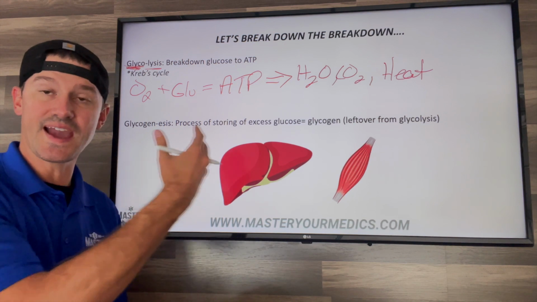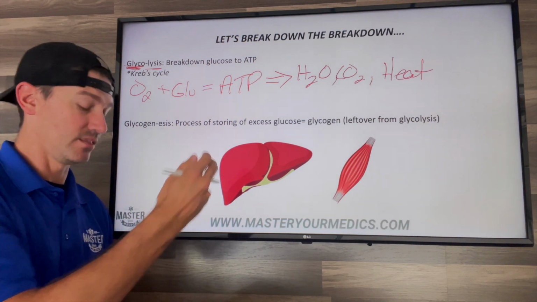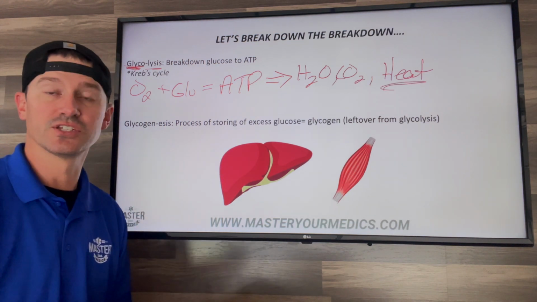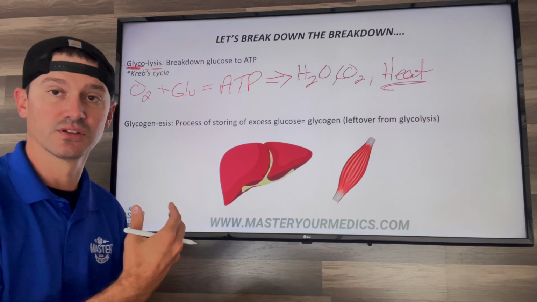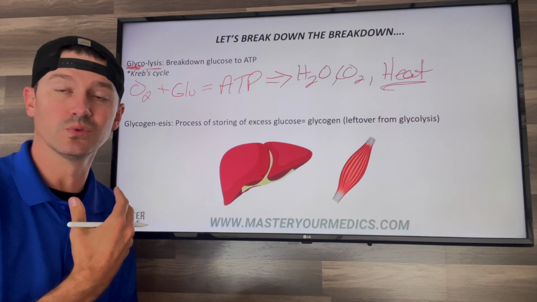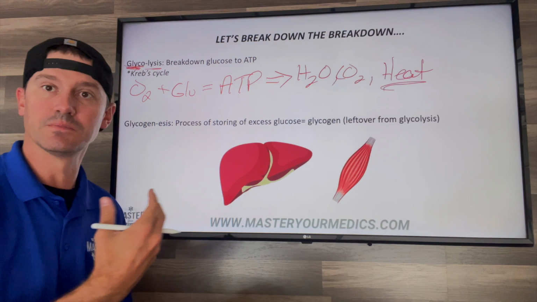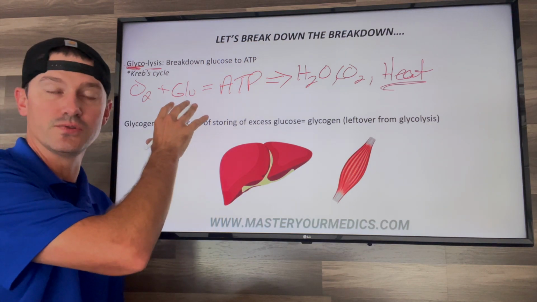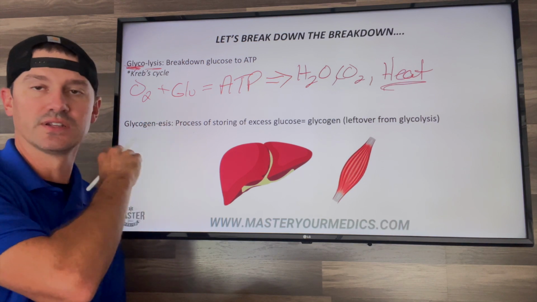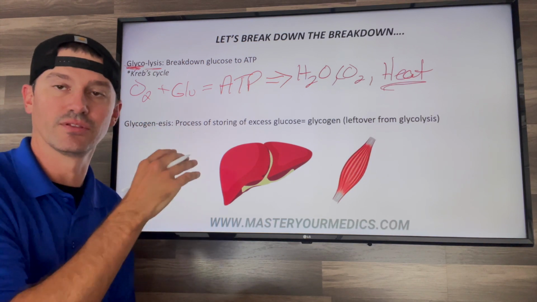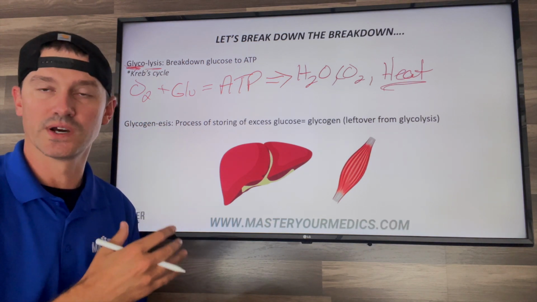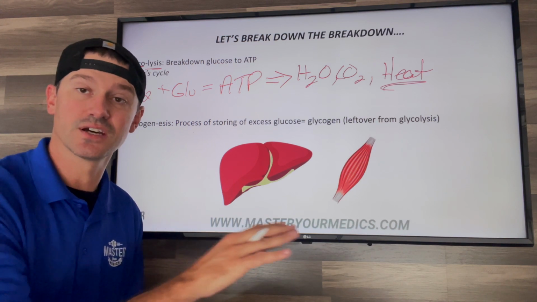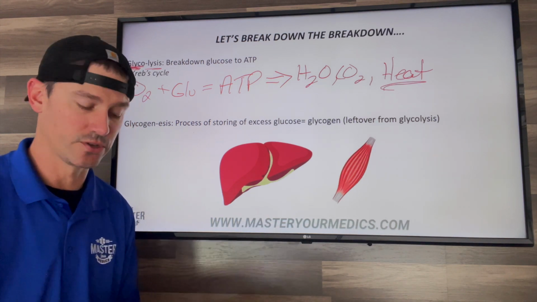Without that, we're having less heat production. With less heat production, our skin is going to be cool, clammy. That's why we start seeing patients with inadequate perfusion, inadequate oxygenation, inadequate glucose. They have low body temperatures. That's why it's so important in our primary assessment to be touching this patient and getting a good body temperature.